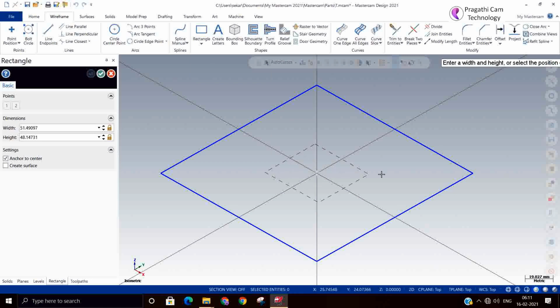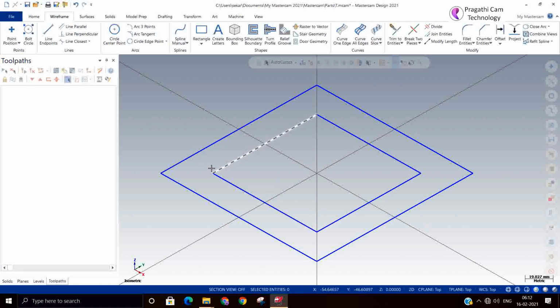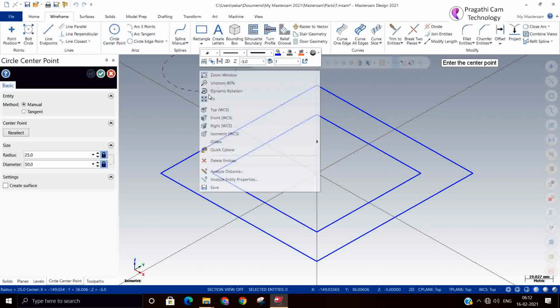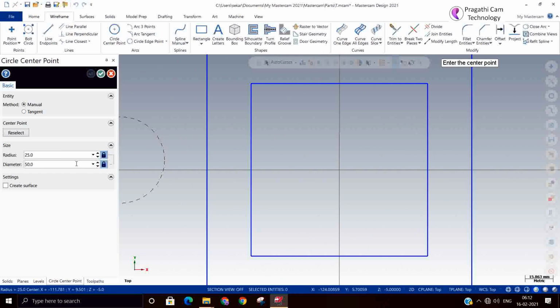One more small block I will make, 100 square. So inside this pocket, different height projections are there. I will make it 2D, depth -5, and one circular projection.